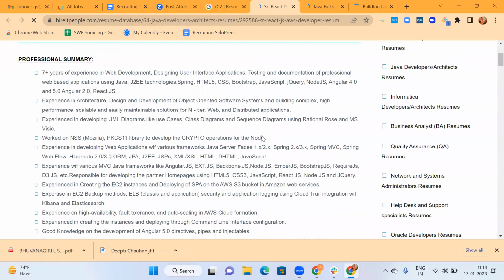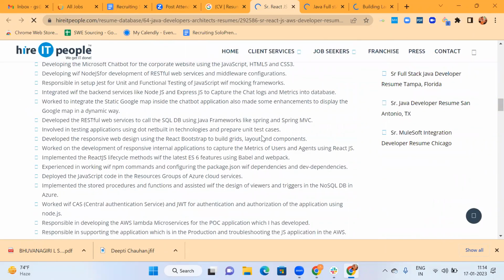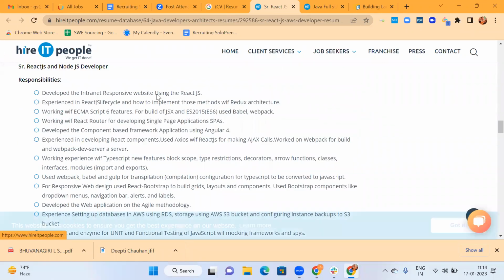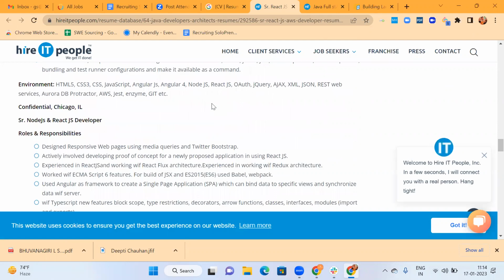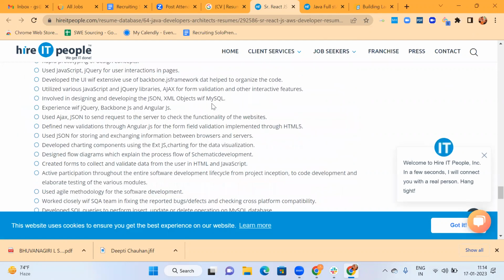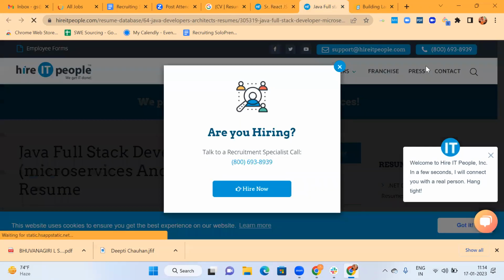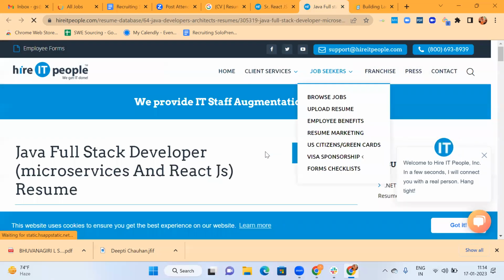So here we have a resume, but we do not have their contact details. We just got it from one particular website called Hire IT People, which is actually a resume database. Once we need access to this resume, we'll have to pay them something. Here it says talk to the recruitment specialist, are you hiring?